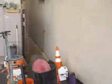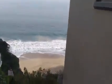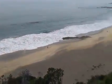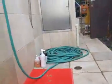Oh, get my glasses on here. Got our own private little walkway. We're gonna be here for at least 2 weeks, but it's not gonna be a bad view for 2 weeks. Show you the view before I show you the floor. Got our own private little beach. But we've got layers of